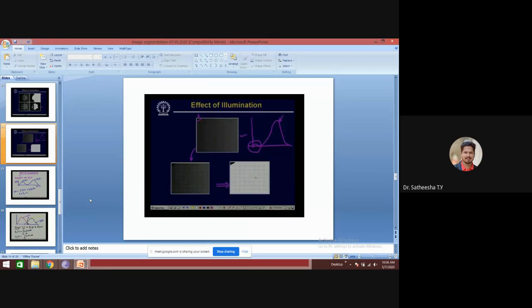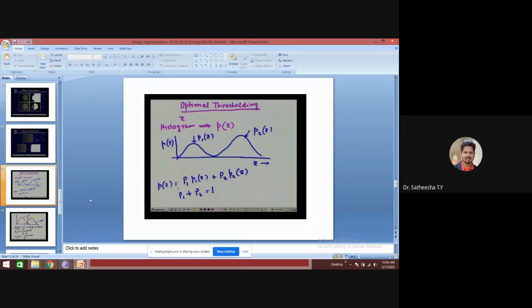Now in all these thresholding approaches, whether it is global thresholding or the adaptive thresholding that we have discussed so far, none of these cases have talked about the accuracy of the thresholding, or what is the error that has been involved in this thresholding process.